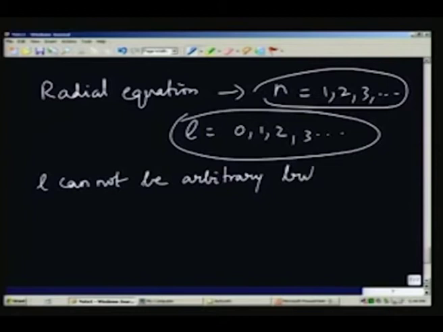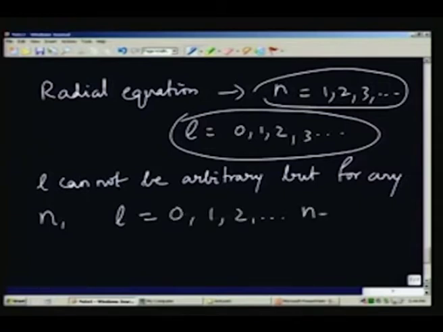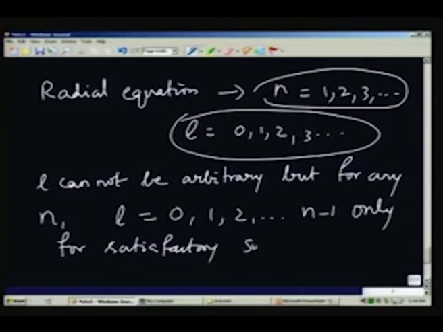For any n, L has to have the value 0, 1, 2 etc. up to n minus 1 only for a satisfactory solution of the problem, solutions psi